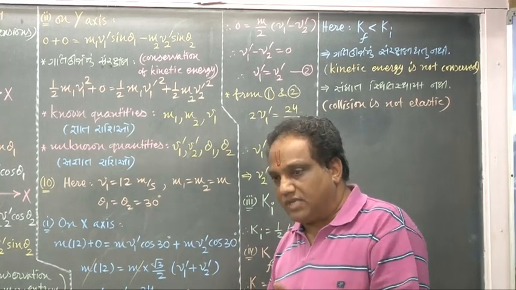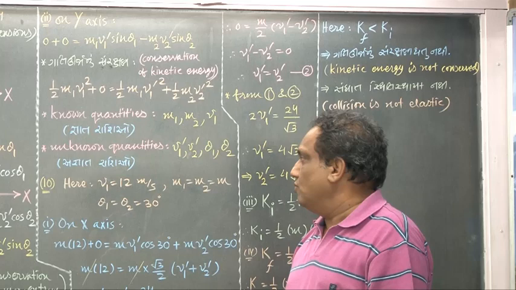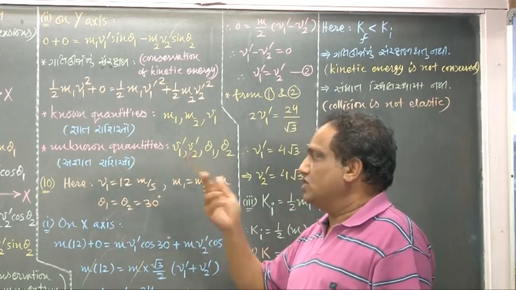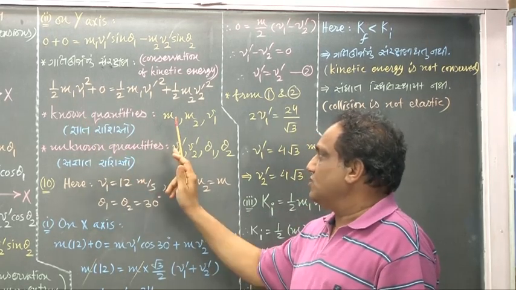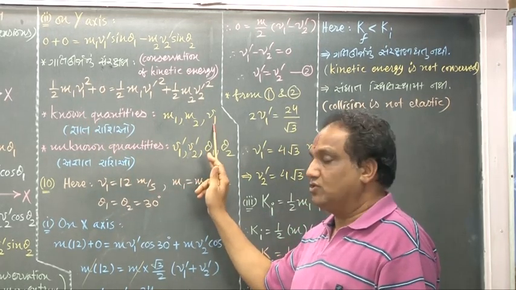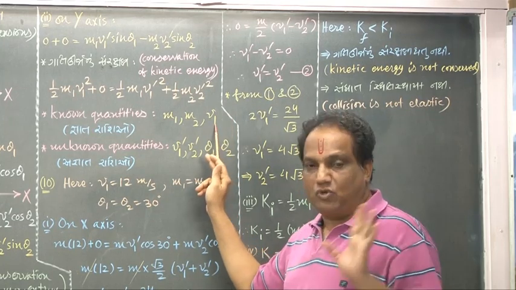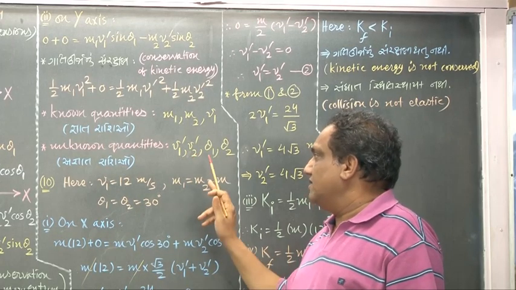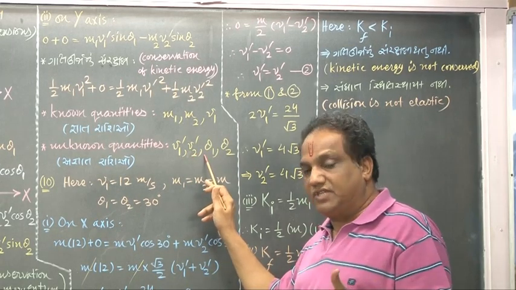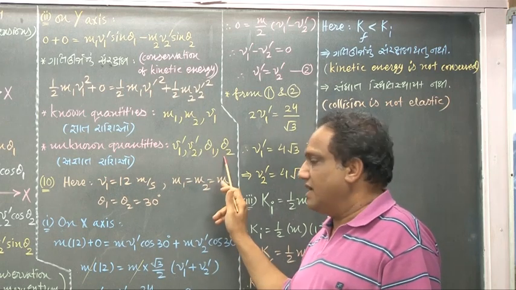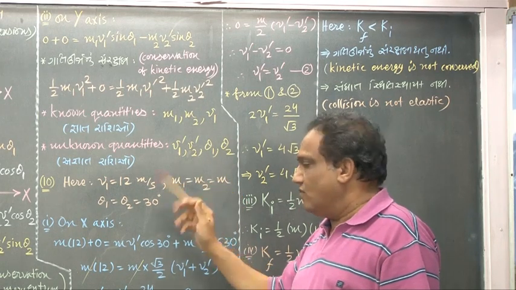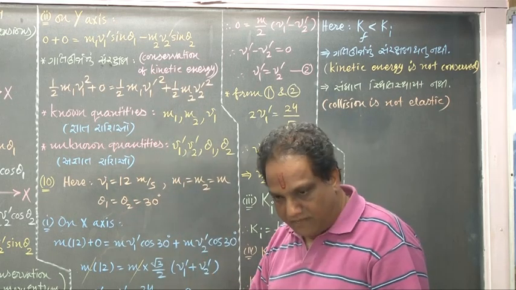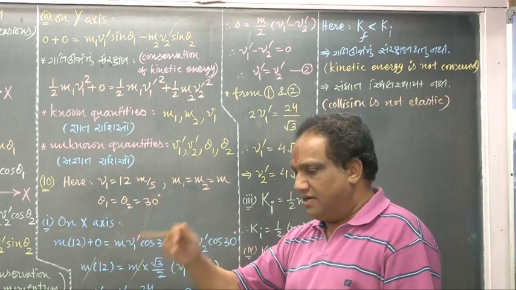So while designing any sum based upon this problem, out of these 4, at least 1 quantity they will give you. Normally, what is known to us? These 2 masses and the initial velocity of the first body are known to us. Then we are supposed to find out the final velocities of both the bodies and the directions, whose angles are theta 1 and theta 2. Out of these 4, 1 will be given to you, so that you can find the remaining 3 using these 3 equations. There is a very good sum, number 10. Read it.